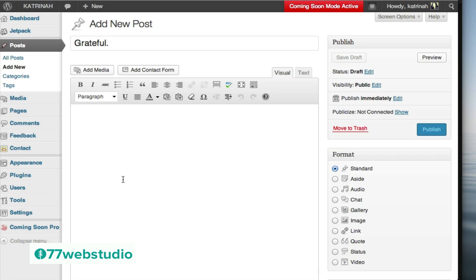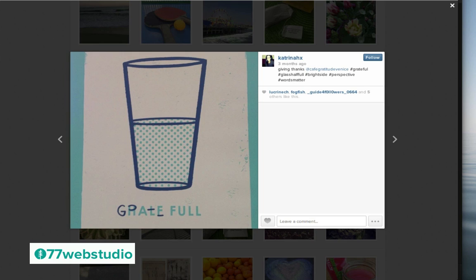And the great thing about WordPress 3.6, once again, is that it's really easy to embed images, audio, and other types of media from different platforms across the web. So for this particular post, I want to create an image post format with an embed directly from Instagram. So I'm going to embed my Instagram photo right here by going to my Instagram.